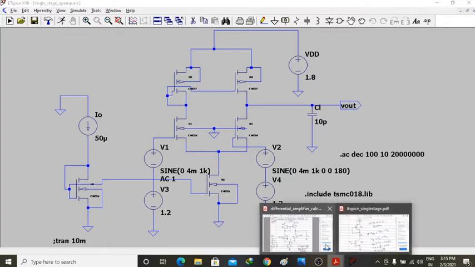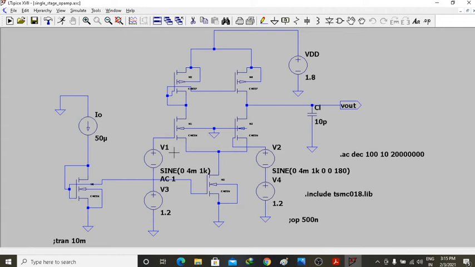So here it is. You see this is I naught, so this will also be I naught, because it is a current mirror. And if this is I naught, then equally the current will be distributed. Like this half circuit will be having I3 equal to 25 microampere, and this half circuit will be having I4 and I2 equal to 25 microampere. These both sum up to give an overall current I1 plus I2 equal to 50 microampere, right? So let's begin. So this much is clear, I think.